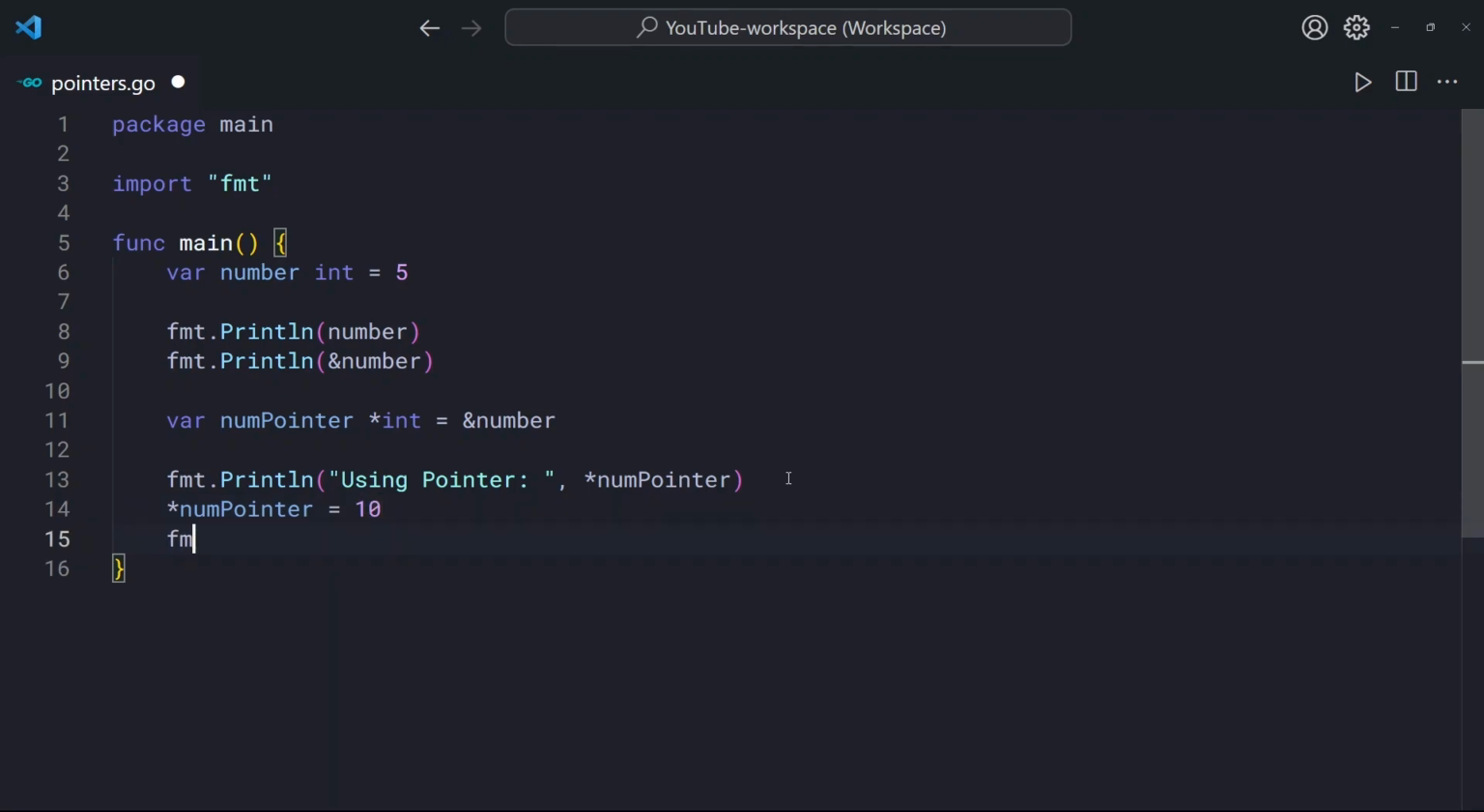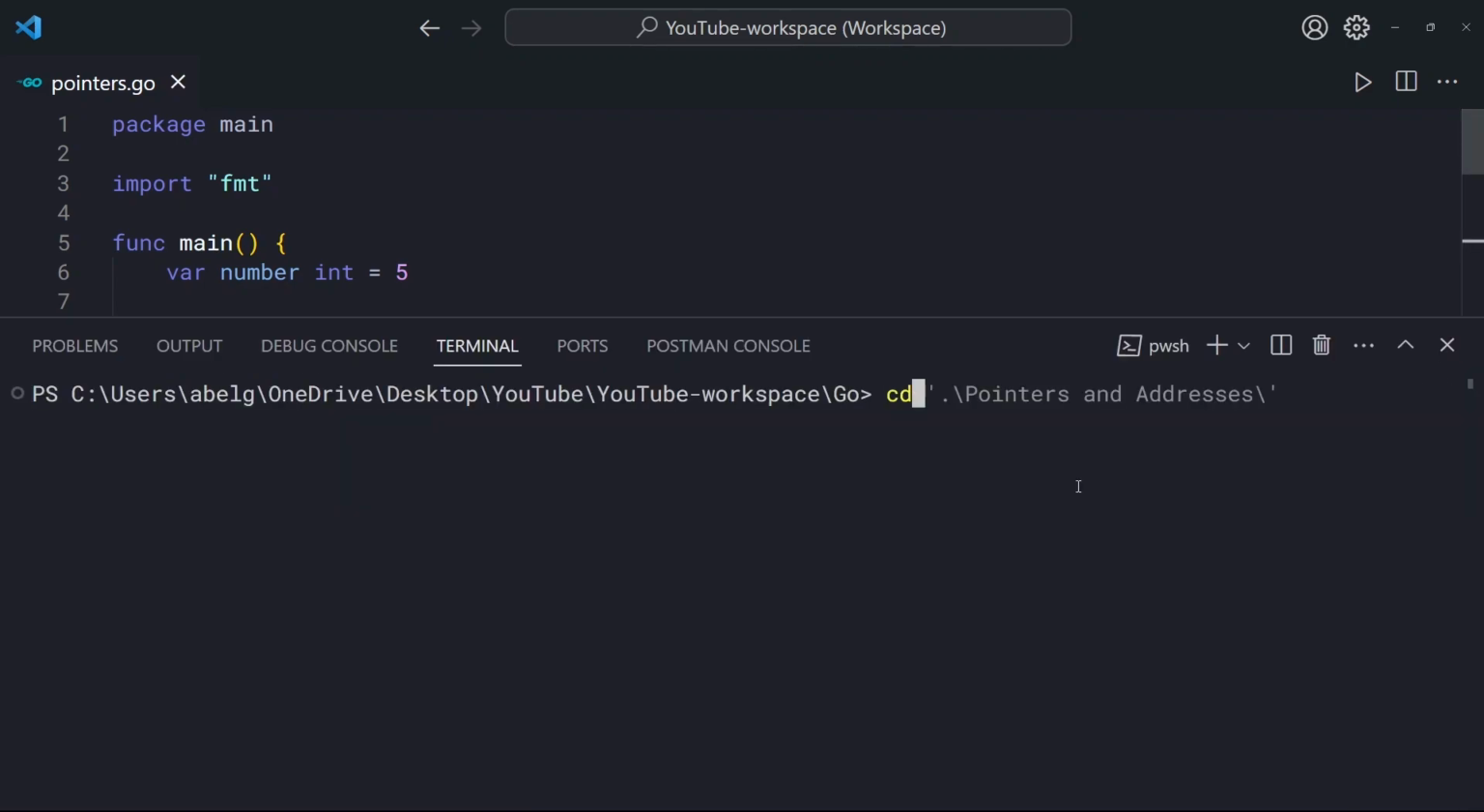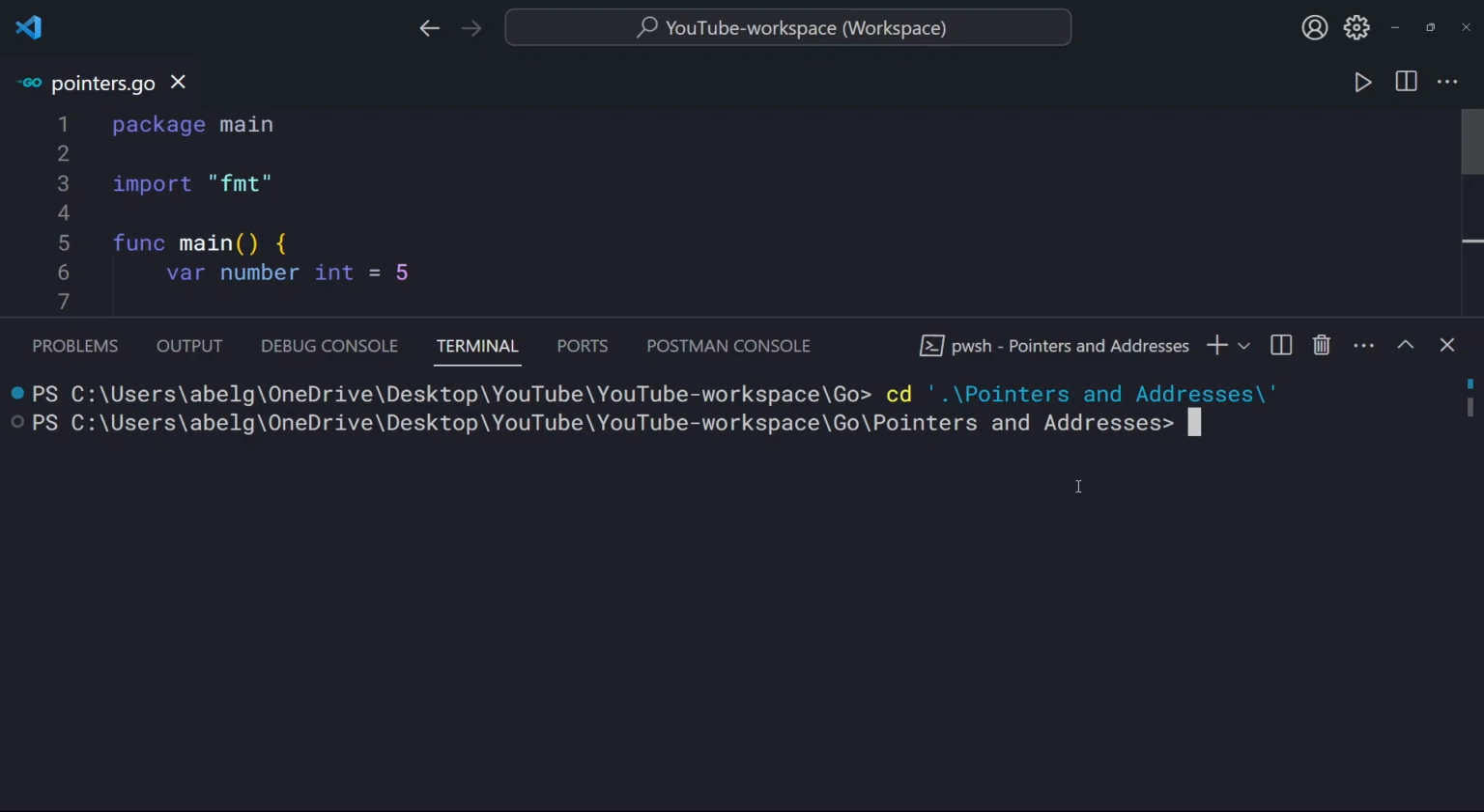Now, to see that this has changed, we're going to have another print statement, and we're going to say updated value, and we're going to print the number variable. Now we can save our file and open the terminal. We're going to navigate to pointers and addresses, and we're going to run